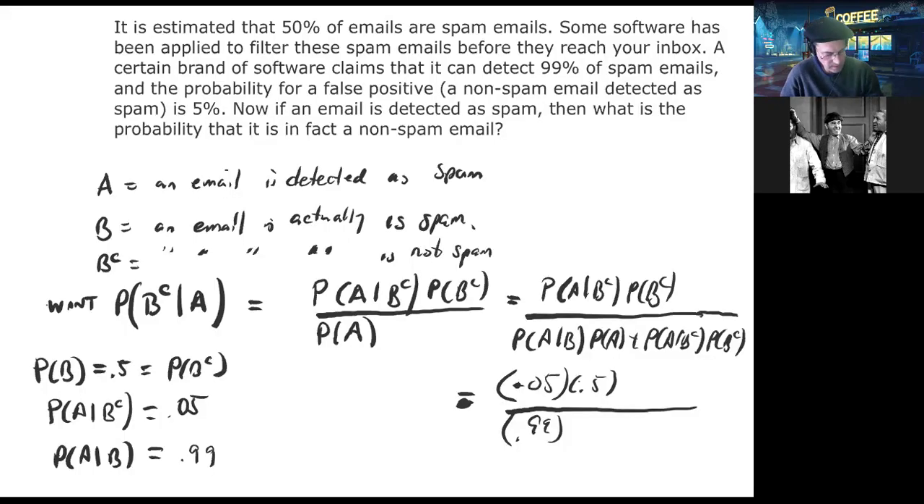I did not write the formula correctly. Let me go back and fix the problem. This should be a probability of B here. Now, what's the probability of B? That's 0.5